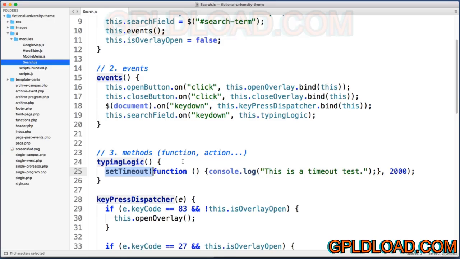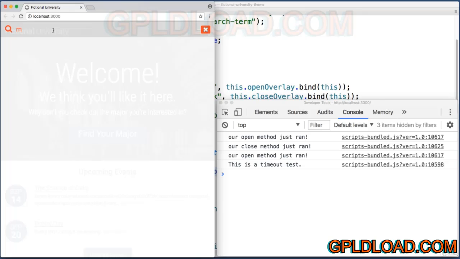However, let's not forget the entire reason we wanted to add a pause or a timer in the first place. Remember, we didn't want to flood the WordPress server with random or short, meaningless search strings. So pretend that where we are logging this test message out to the console is where we are actually going to send a request to the WordPress server. Now what I mean by this is if I just press one letter, so if I type in the letter A now,